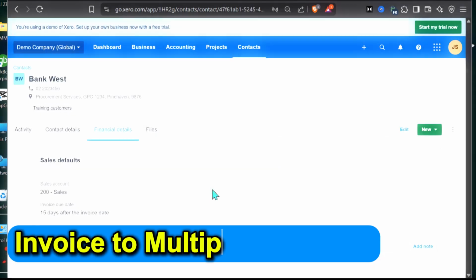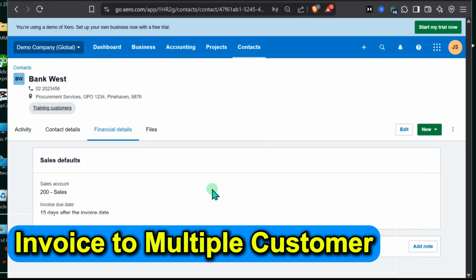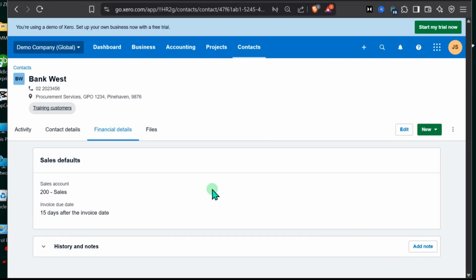The third trick I'm gonna show you is how you can send invoices in a group. For example, you have 4 to 5 customers and they have the same subscription, or the same services you are offering every month, and you don't want to invoice separately, because the invoices are exactly the same, the due dates are the same, and everything is the same. Just the customer is different. So you don't have to create a separate invoice for everyone. What we can do is create a group of the contacts, and then we can send invoices to them. So once again, I'm gonna come down here in customers,